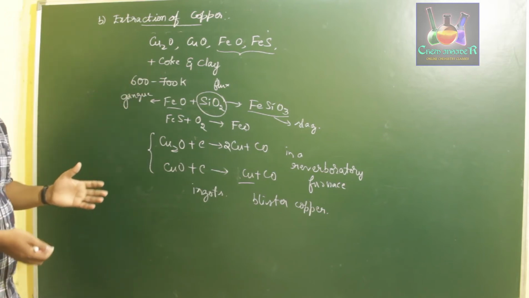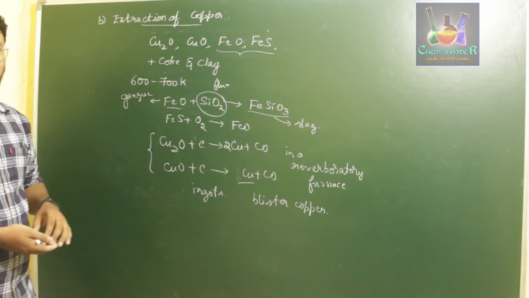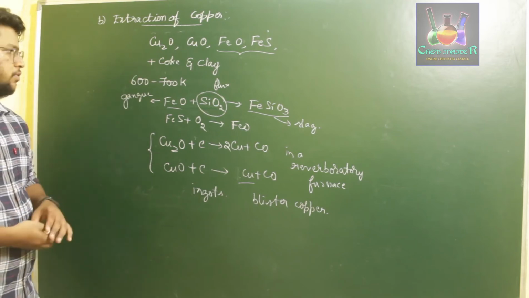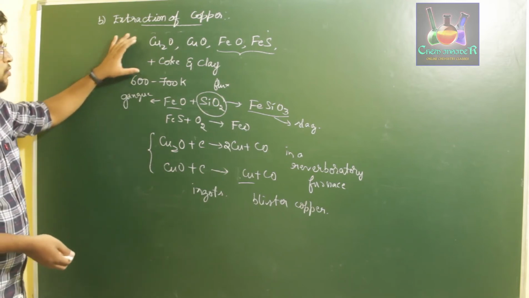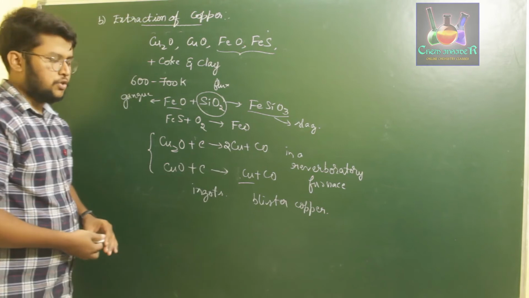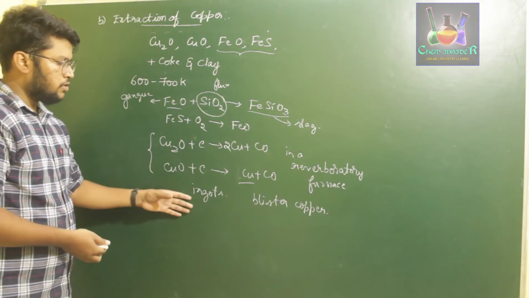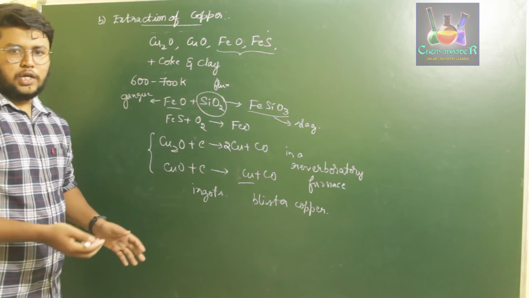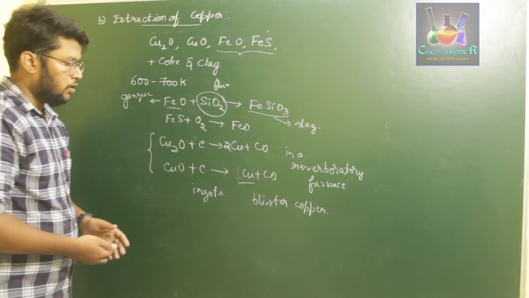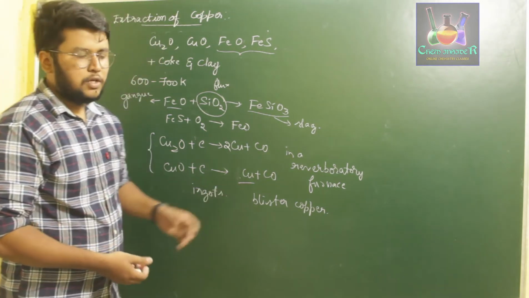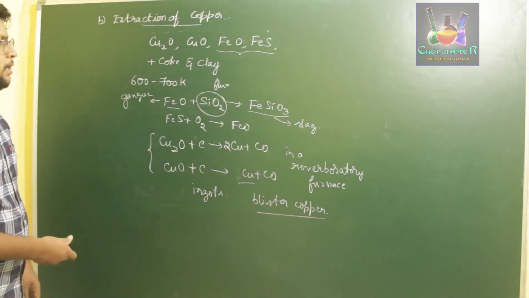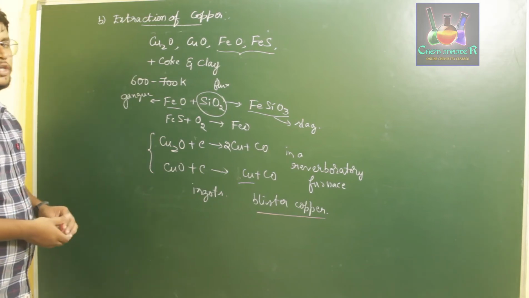Because at high temperature, as we have observed in the Ellingham diagram, cuprous oxide and cupric oxide get unstable. Okay, they get volatile. Therefore, we don't make use of those reactions. We take a lower temperature and reduce those cuprous oxide and cupric oxide with carbon. So this molten copper is cast into shapes of ingots, and those ingots are completely freed of SO2 gases present in them. Once they are heated thoroughly, the SO2 gases are completely removed, and then they are converted to blister copper. So this is the industrially pure copper which we extract from our copper metal ores. Okay, so this is about the extraction of copper.